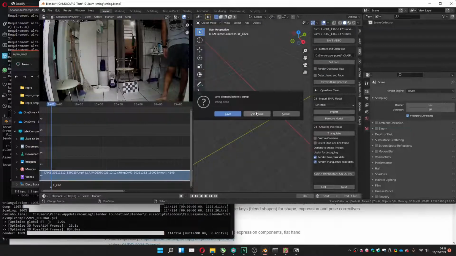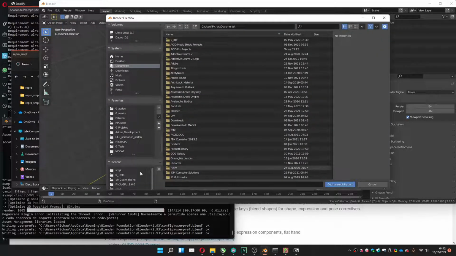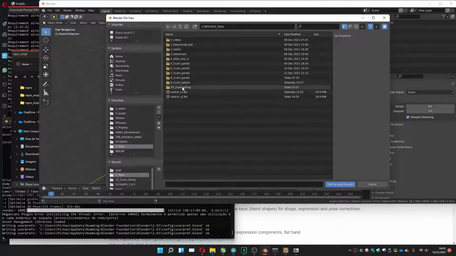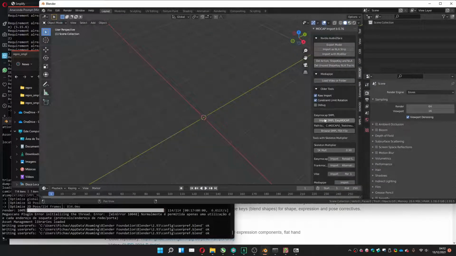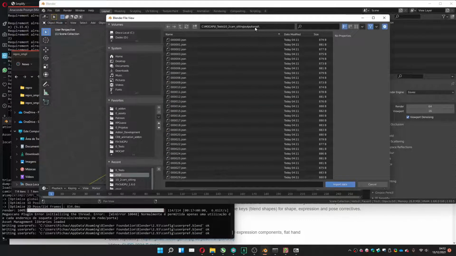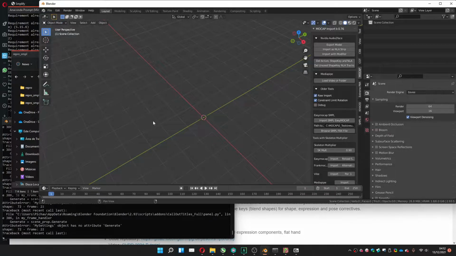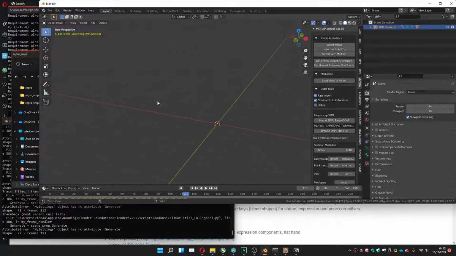I'm gonna clean the scene, go to the mocap, all the tools, and test. No, sorry, I have to select the neutral here. And now select the SMPL folder. Oh, yeah, I already have it here. Import data. And here we have,